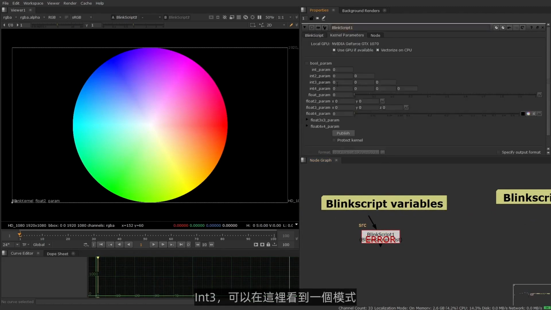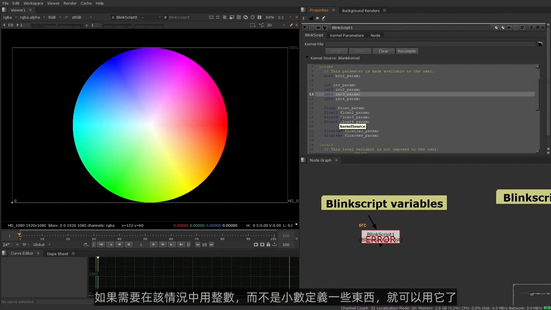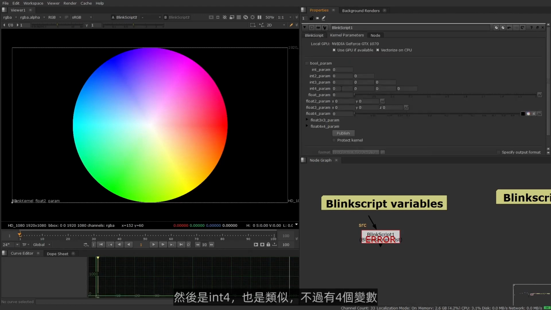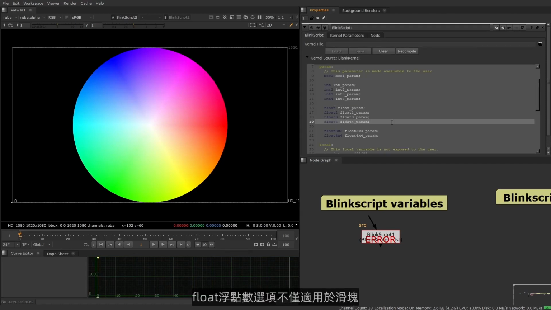int3, you might be seeing a pattern here. It's just 3 integers altogether, so that can be good for when you're dealing with things like XYZ in 3D space. If you had to define something with an integer in that world instead of as a decimal, you can. And then int4 is the same thing, but with 4 variables. Now float, I use these all of the time because the float options are not only